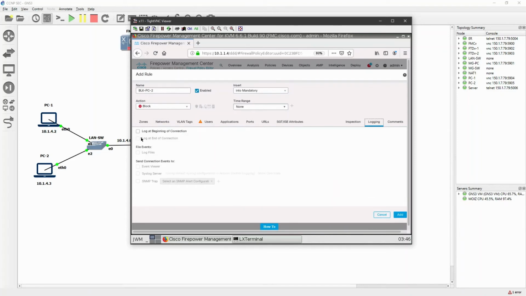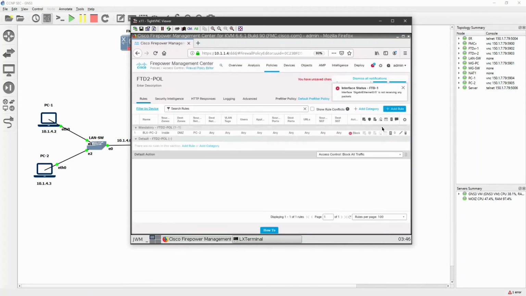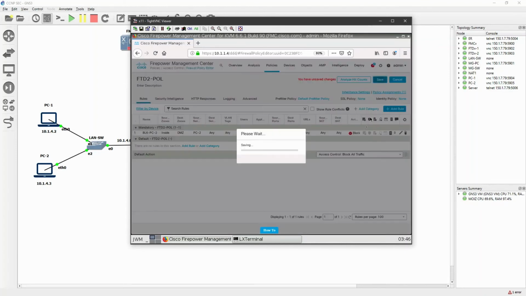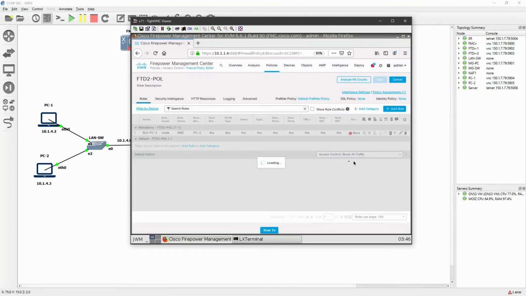Click on logging, then log at the beginning of connection, click add and click save. Now I will add one more rule, allowing the traffic from inside to DMZ on any port.